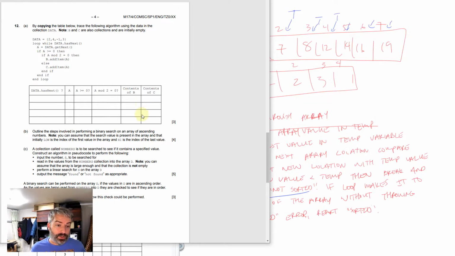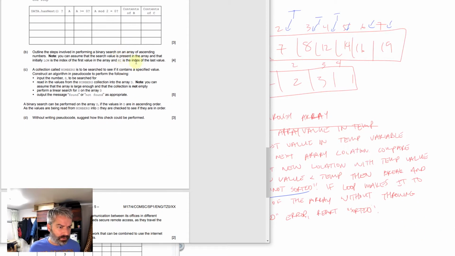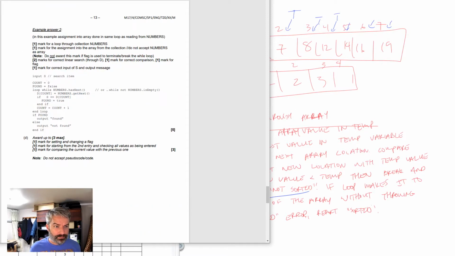So basically, what you'd want to do here is set the flag to be not sorted, and if at any point, or I don't know, you could do it either way. You could set the flag to be sorted and then search through it, and if at any point you find the values aren't sorted, then you flip that flag and you break the loop. That's probably the best way to do it. Basically the same thing. I just didn't use a flag here. I wonder if I would lose points on that one. I do feel like I basically covered it, but